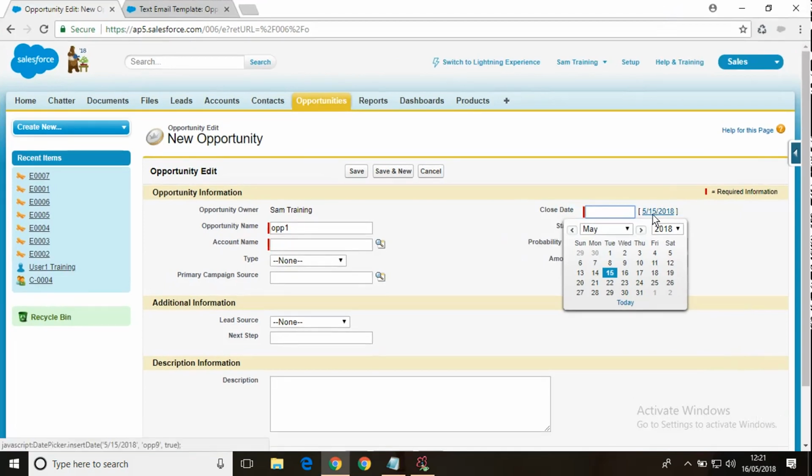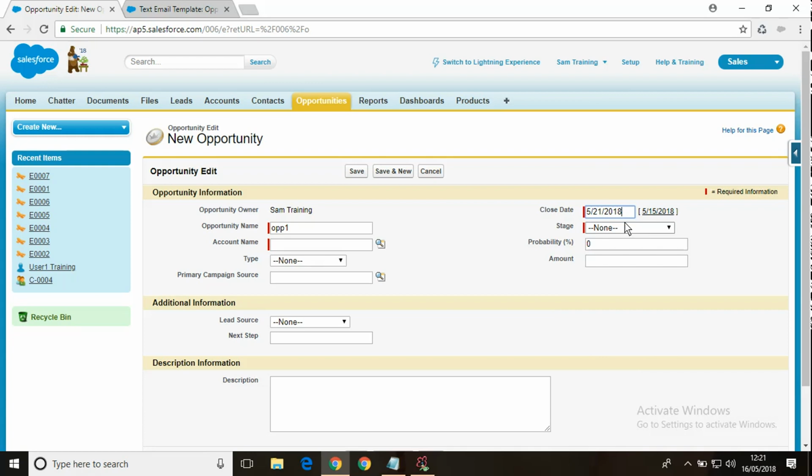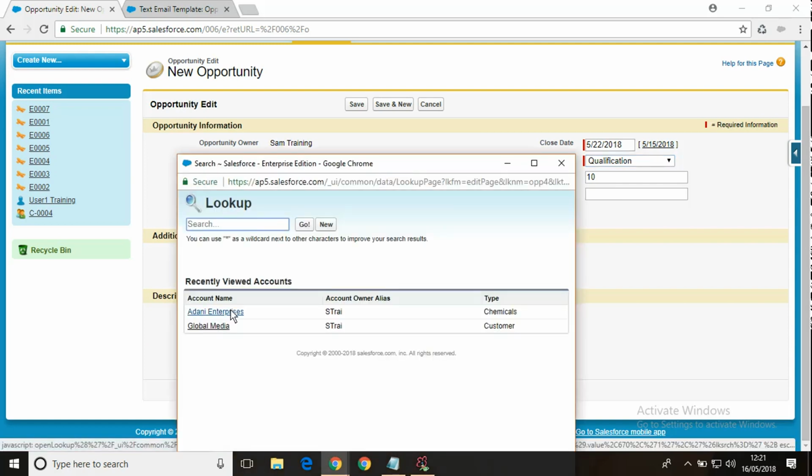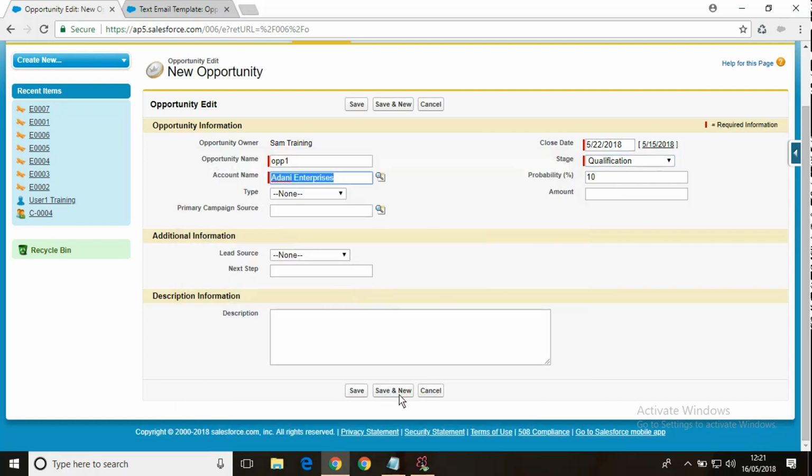So here you can see that 15th May is coming, even if today is 16th May, because it's US time, right? So maybe after 7 days, so that's 22, let's put it 22. Stage, qualification, account name, some account name you will select. That's fine, perfect.